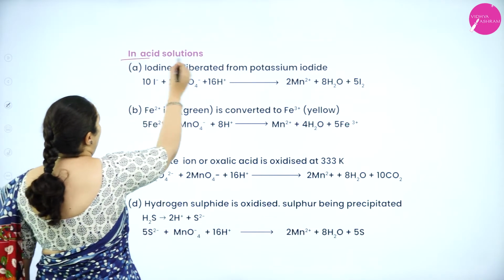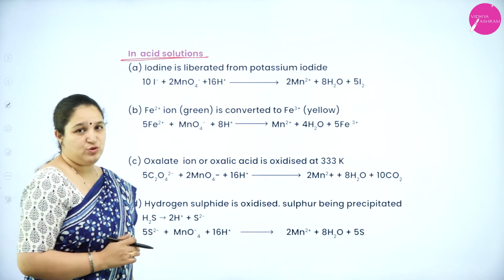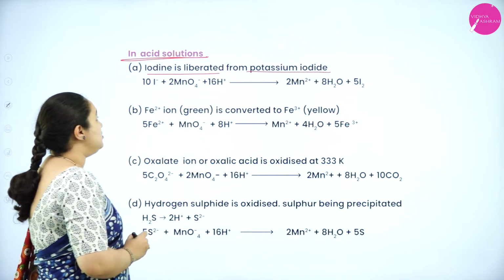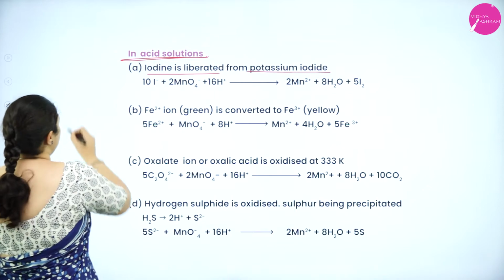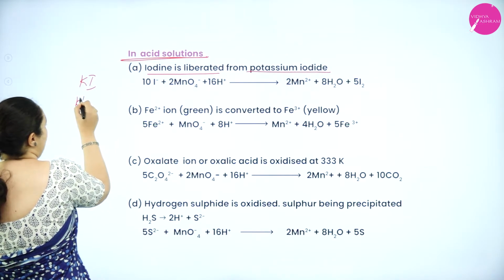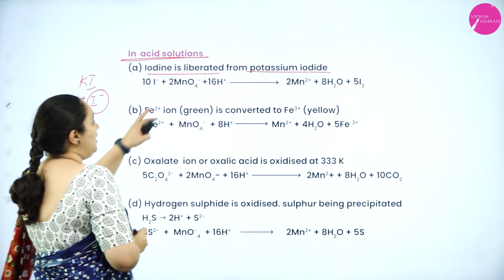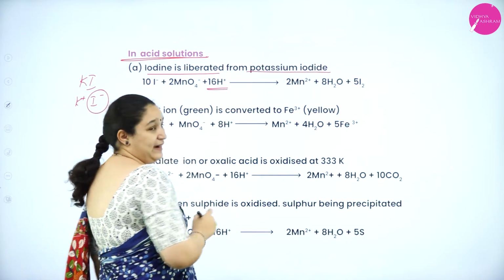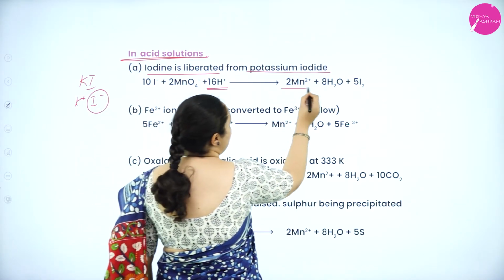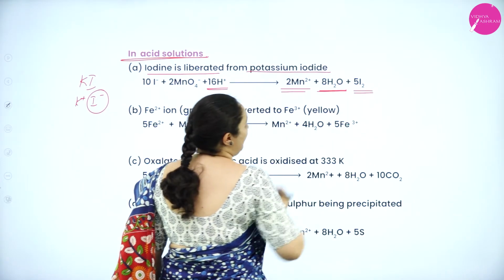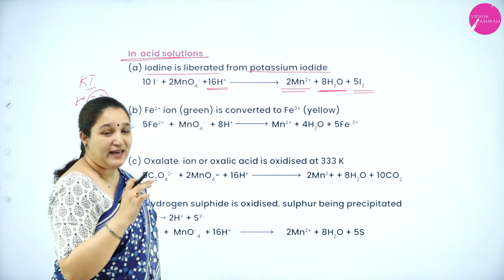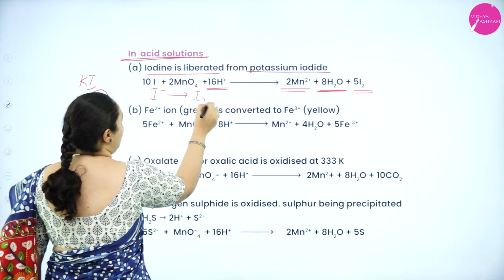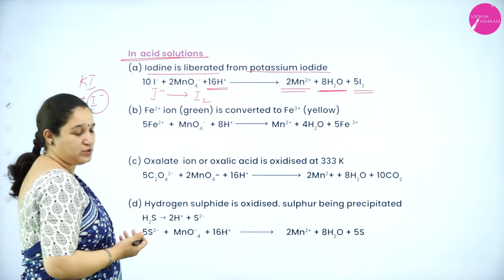First one is in acid solutions. In acidic solution, iodine is liberated from potassium iodide. So I minus is from potassium iodide, so this is K plus and I minus. This I minus, in the presence of MnO4 minus, that is permanganate ion, acidified, so it has got H plus ions also, forms Mn 2 plus, water molecules and 5 I2 molecules are formed. So you will get iodide to iodine. Of course, we have to balance the equation. Next is